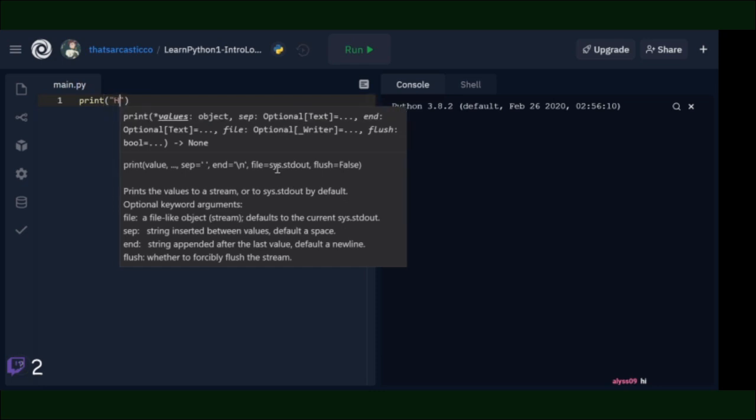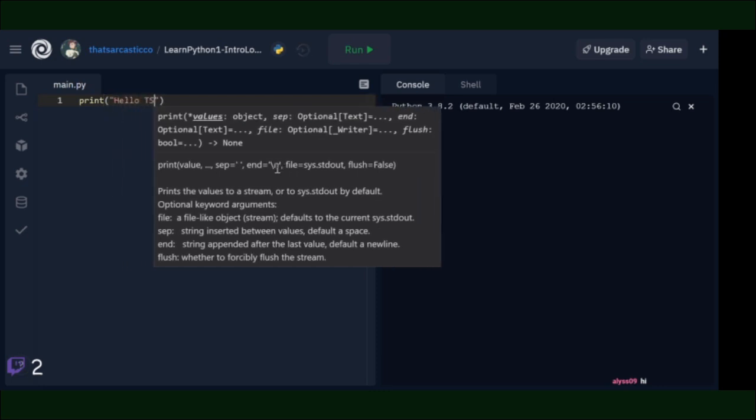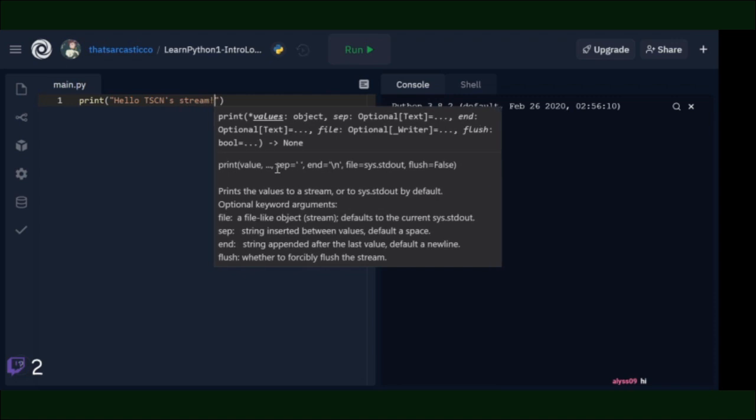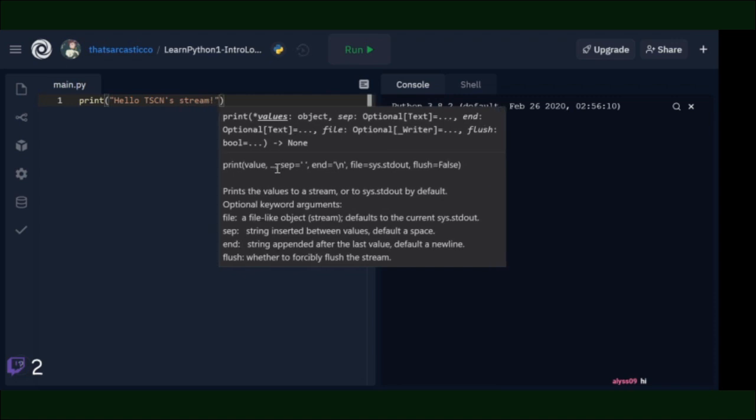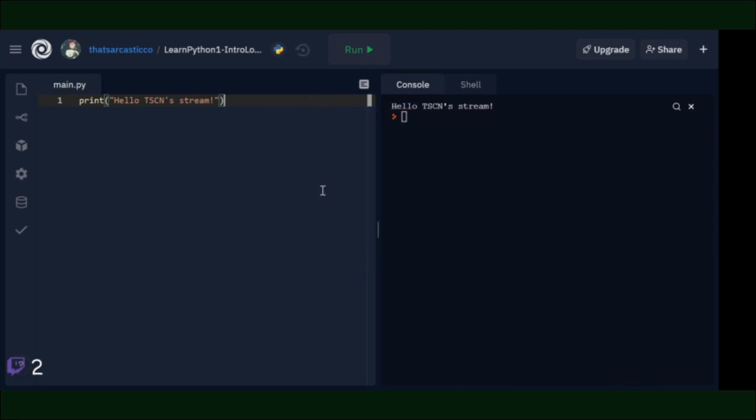So, let's do that. And I don't remember the shortcut to run. Yay! So, hi Alice, welcome back. You can also, I think you can do, whoops,